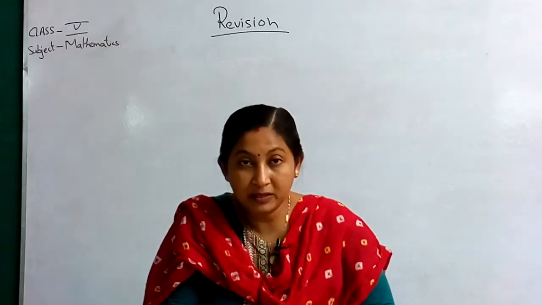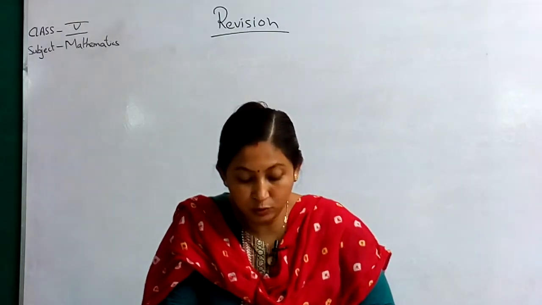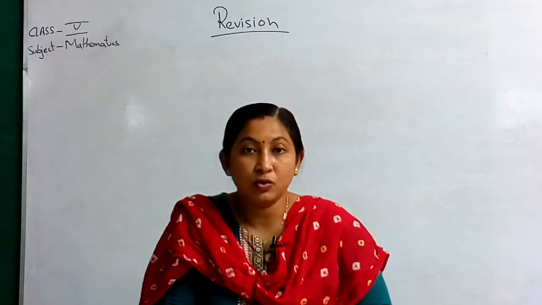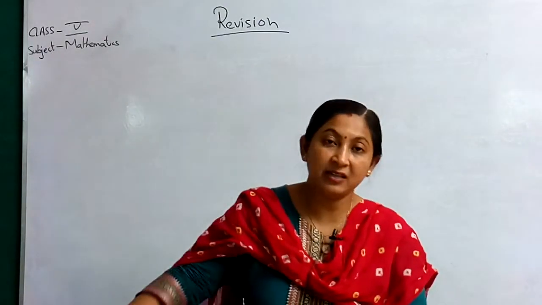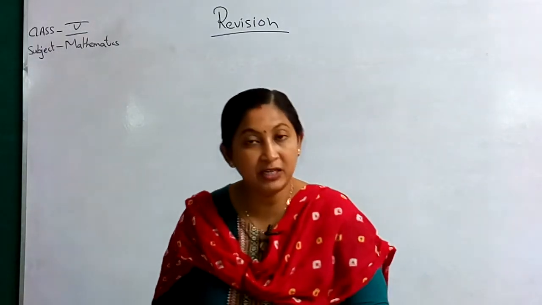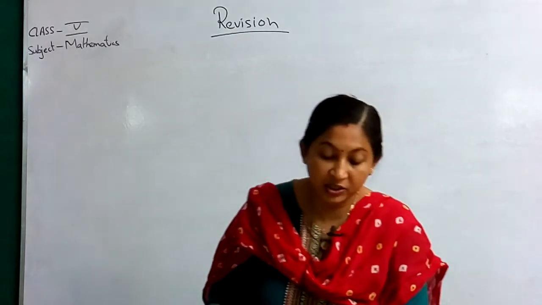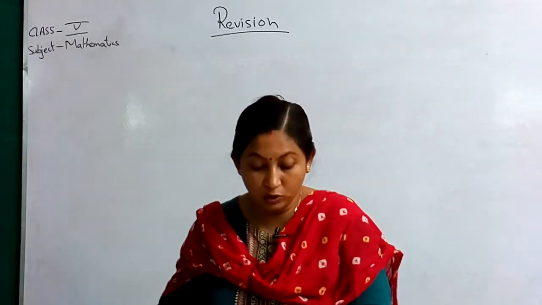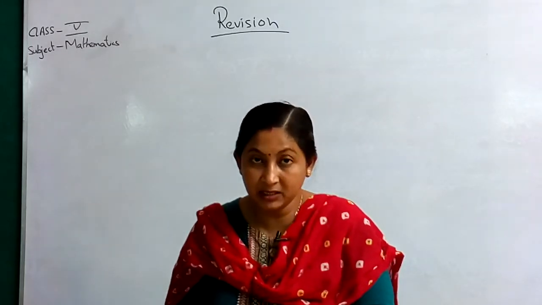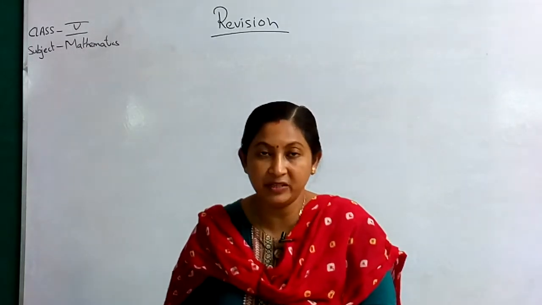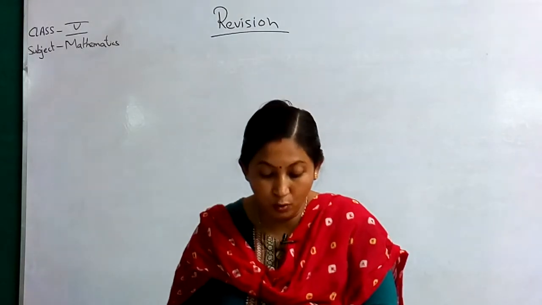D. Now number 6. Just multiply these two, 4000 into 5000. It is very easy. Just multiply the first two numbers and then add the zeros. 4 fives are 20, so you will write 20 and then the zeros of 4000 as well as the zeros of 5000. That means 3 and 3, 6 zeros, plus 2 is 7 zeros. So it will be 2 crore.